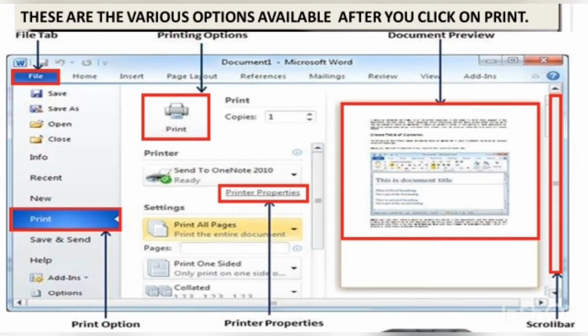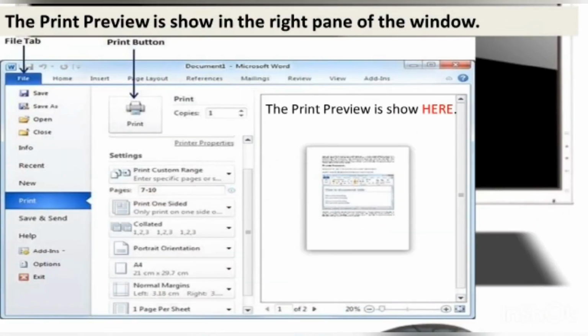You can see the printing options, how many number of copies you want to put, which printer you want to give the command, how many pages you want to print. The document preview is available on the right hand side. See, you can see the print preview is shown over here in the right side of the print option. If you click on the print button, the page or the document will be printed.